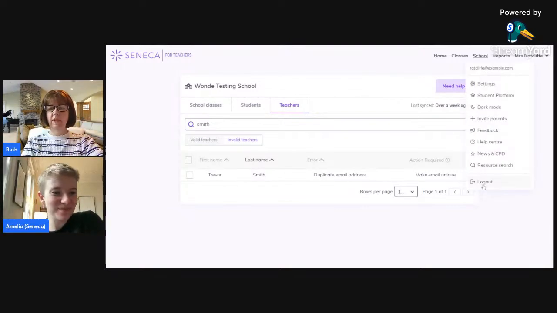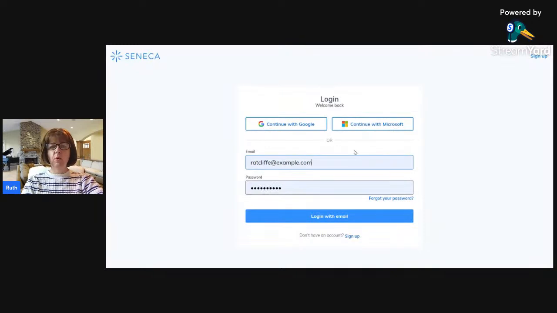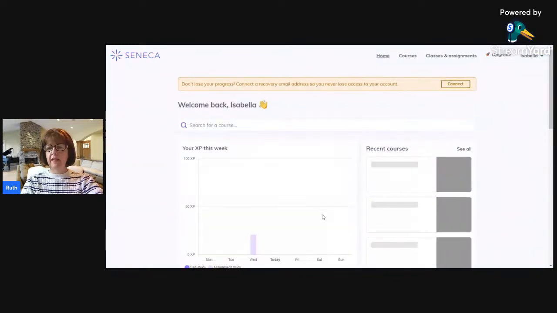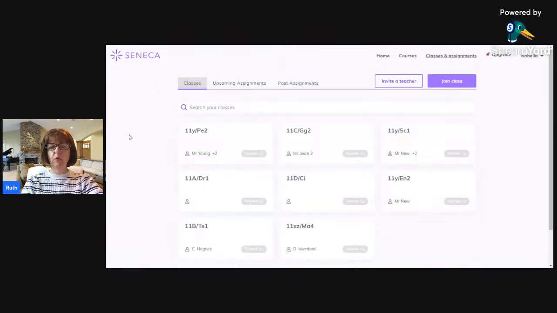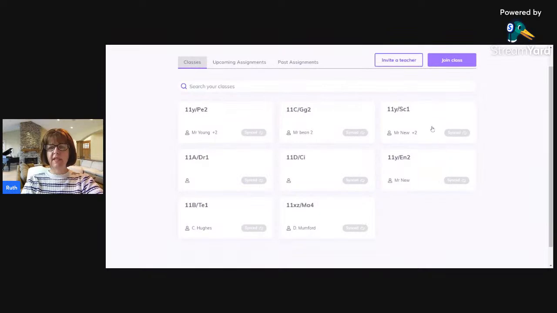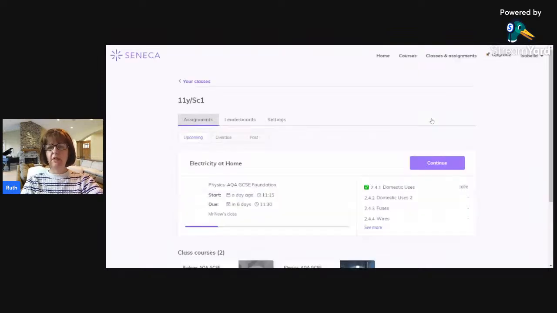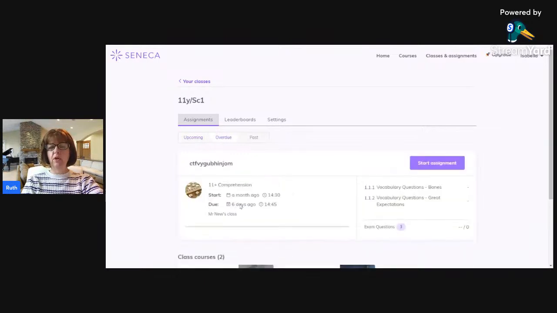So I'm just going to show you what it also looks like from a student point of view. I'm just going to log in as a student. When a student logs in, now they're synced, when they go to classes and assignments, they will automatically see all of their classes for the school and those classes will be synced. If I click on a class, it'll automatically bring up any assignments that are due and they can just continue and start from here. Anything that's overdue will appear in here or anything that was a past assignment will appear